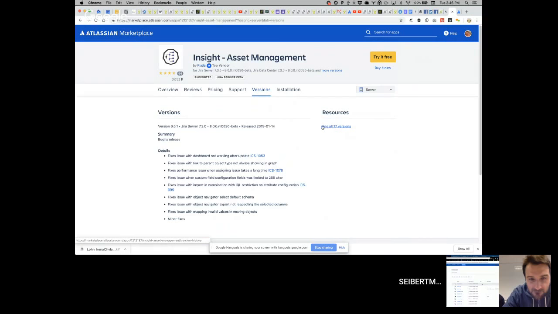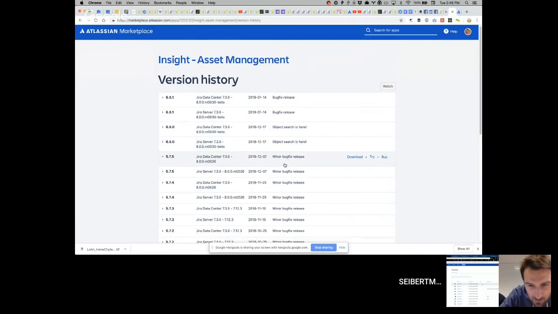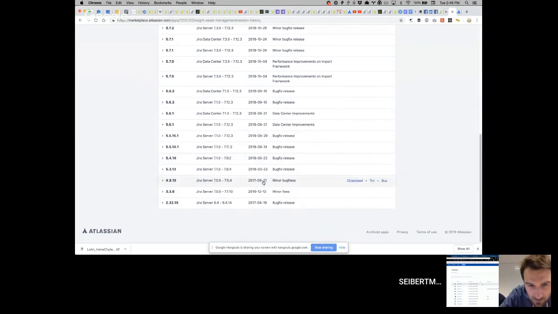And I saw, first of all, this is something that I often use, they have 17 versions, which is kind of an indicator helping me to decide how stable or mature the solution is. You never know if it's only a minor bug fix or if it's a major thing by just counting, but it's an indicator. Then they seem to start somewhere in 2016, 2017.